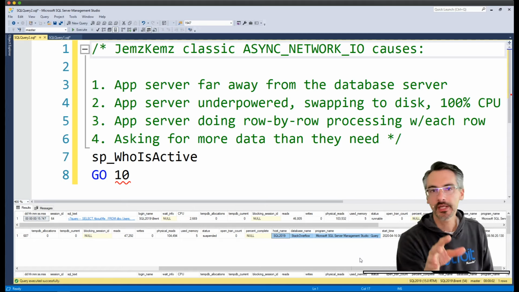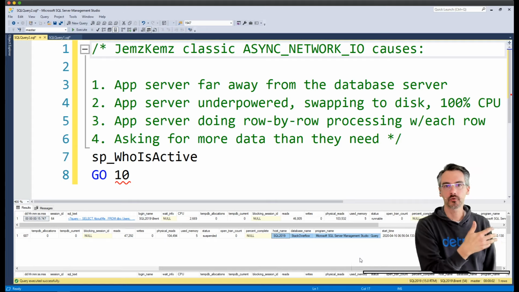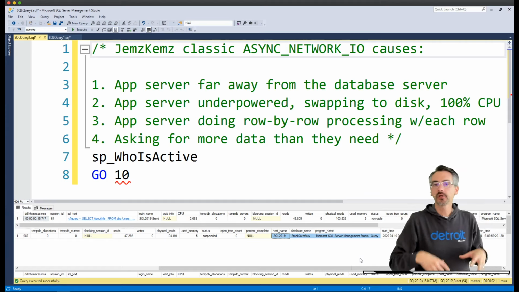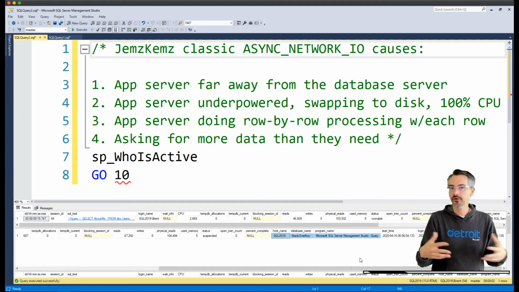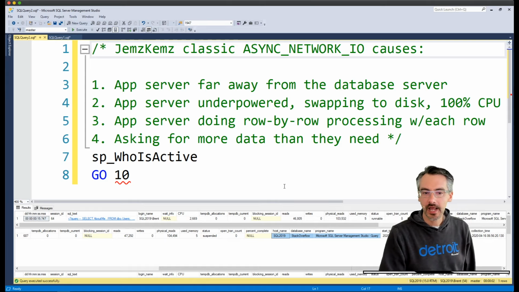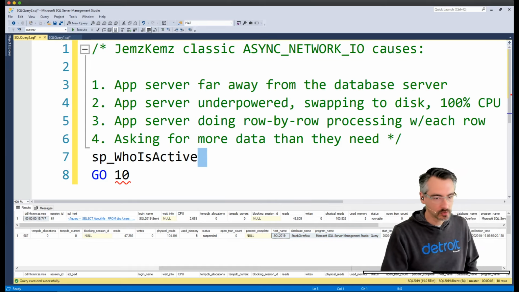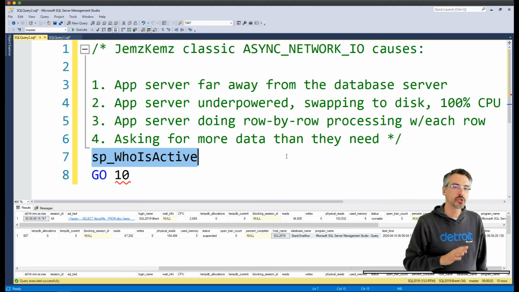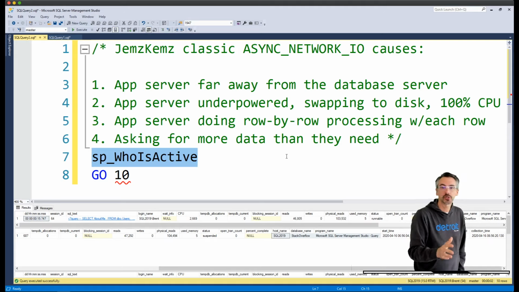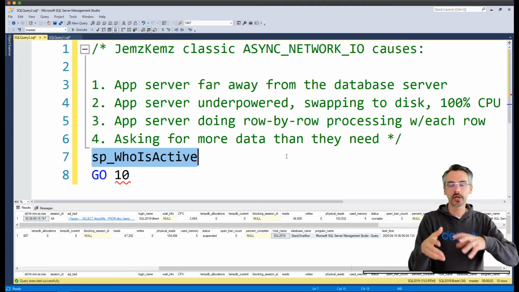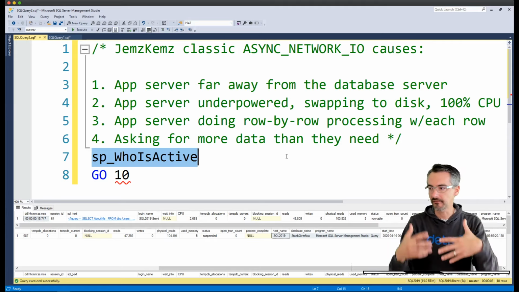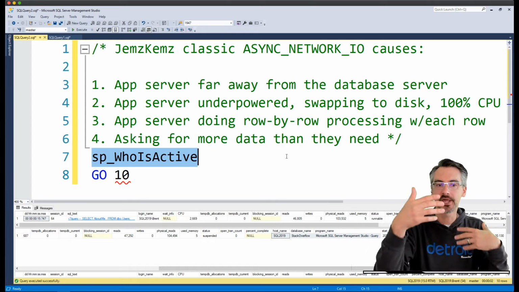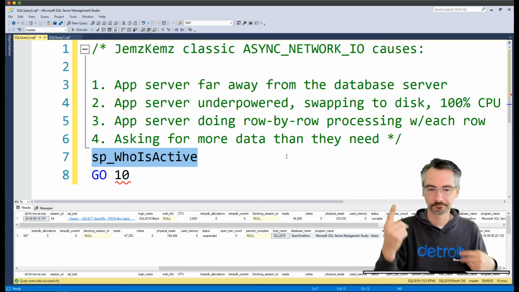Now look, don't just hit execute on this once and then go running directly into some poor user's office and go, you're the one who's the problem. What you want to do is look at this a few times over the span of a day or two. If you Google for how to log sp_WhoIsActive to disk, Tara Kizer and Kendra Little both have great articles on how to go about doing that. You want to get a feel for this because you may have outliers now and then, but what you're going to notice is that a lot of the queries are coming from the same place, from the same user, and that's the thing you want to focus on. Help them fix these things up at the top four.